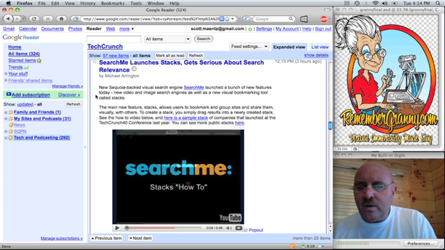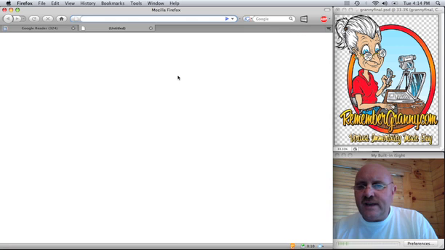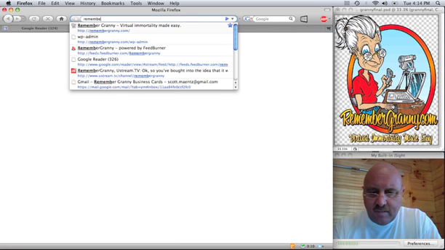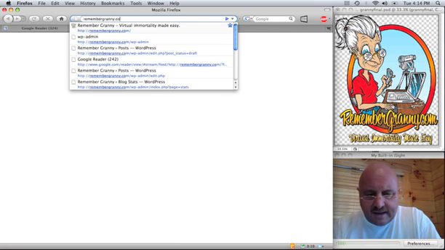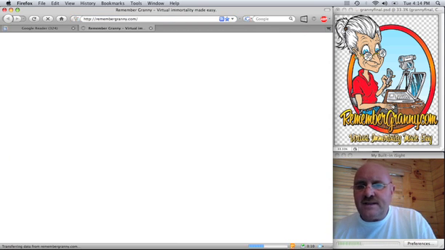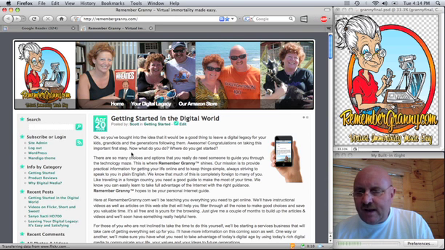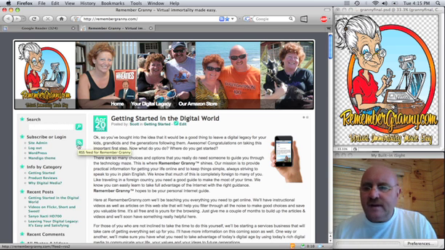Right now we're not going to do that because we need to have a website with an RSS feed. Let's just see if we can find something here. Let's go to remembergranny.com, and this is our website here. You'll see here we have subscribe or log in, and you see this little RSS feed symbol. That's what you look for. They don't all have it, but if you click on that,